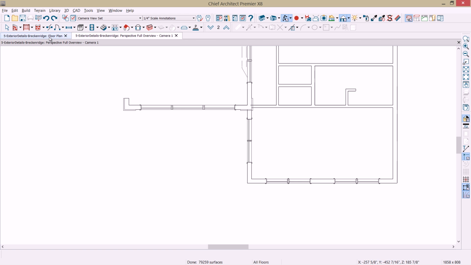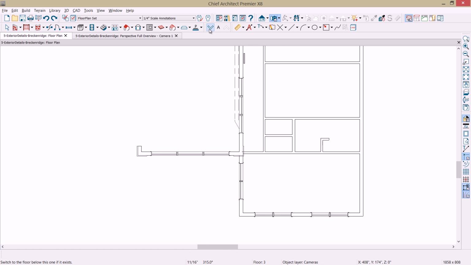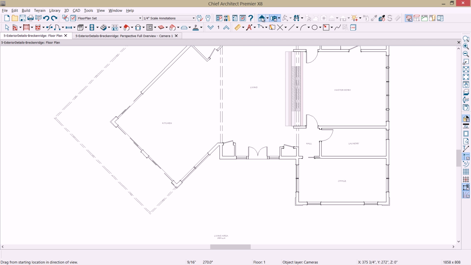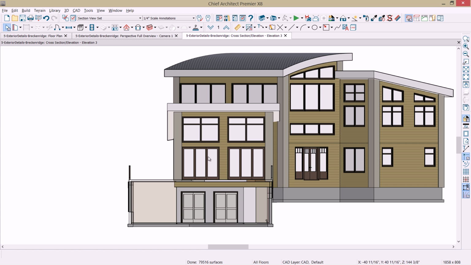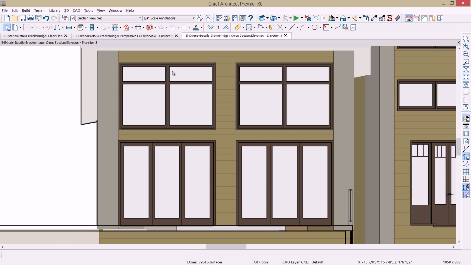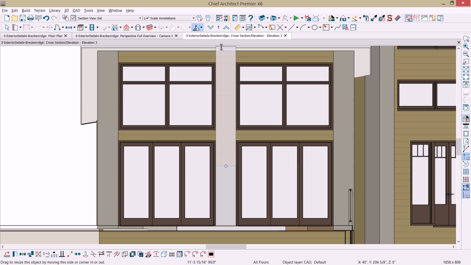To generate that corner board, I'm going to take an elevation view from that floor using my elevation camera and just shoot an elevation through that. And I'm going to use the polyline solid. We'll just zoom in here. And I'm going to use the polyline solid to generate that corner board. And I'm just going to come in here and draw that out. And we'll just pull it up to the top of the